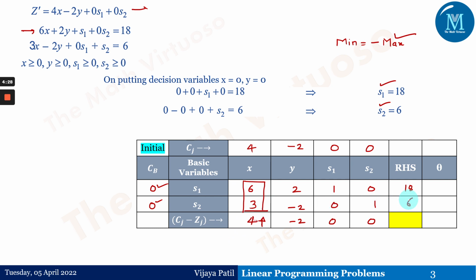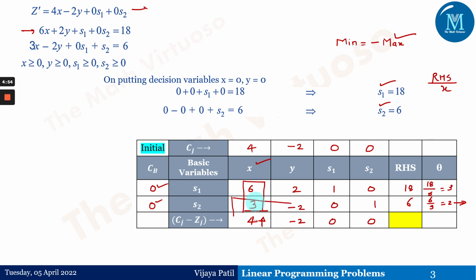Which variable will leave the basis? That is decided by RHS divided by the x column entries. That is 18 divided by 6, which is 3. Then 6 by 3, which is 2. Out of 3 and 2, 2 is the minimum. So the first, or you can say the S2